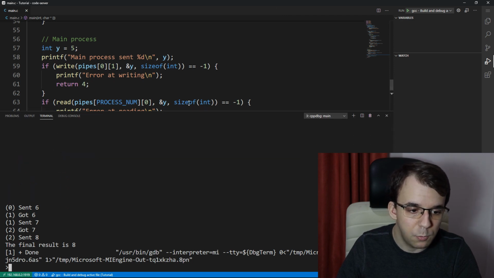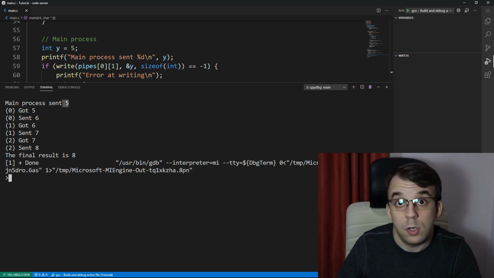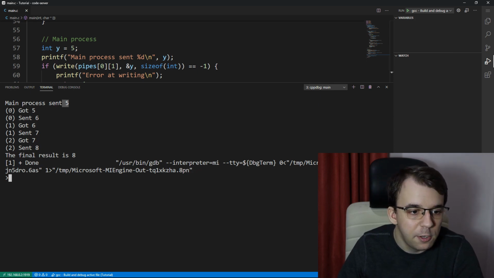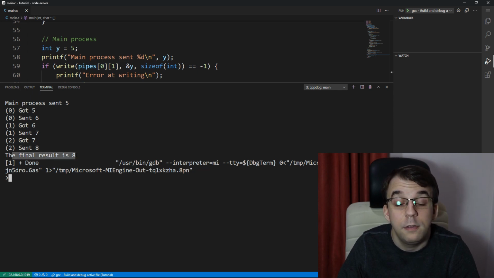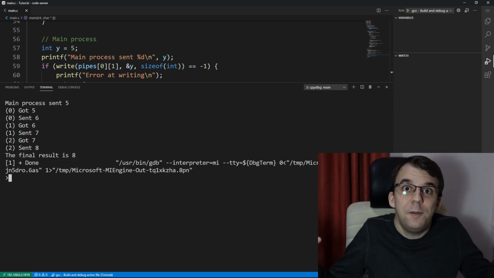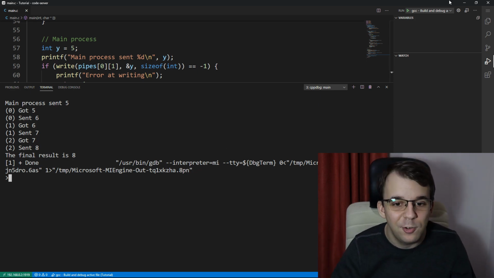And let's see what we got. As a result, we did get main process sent 5, so that's fine. And then the first process got 5, sent 6. The second process got 6, sent 7, got 7, sent 8. And then the final result is indeed 8. So that's amazing. We have 3 processes, one more than what we had before, but this time we can actually